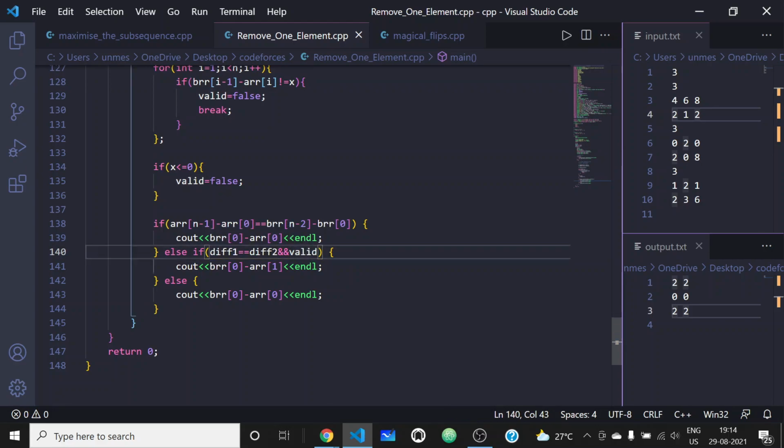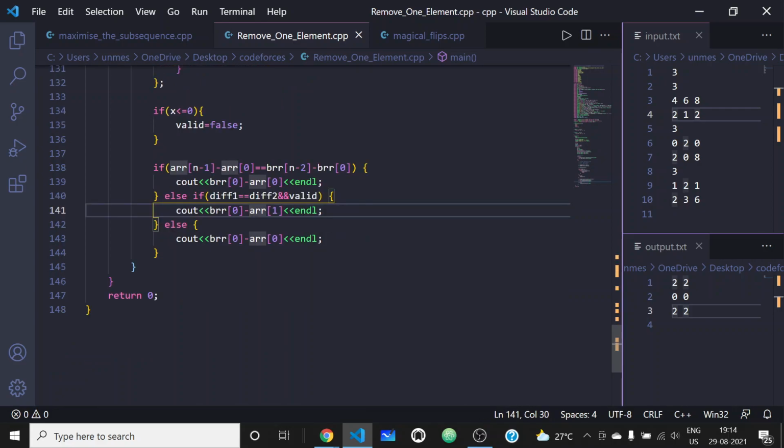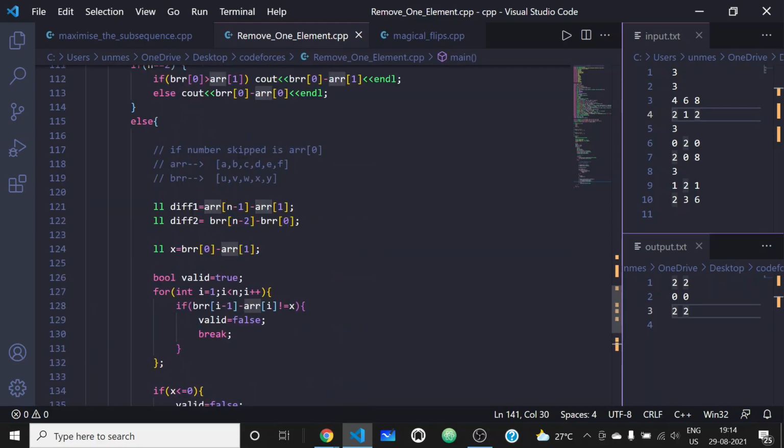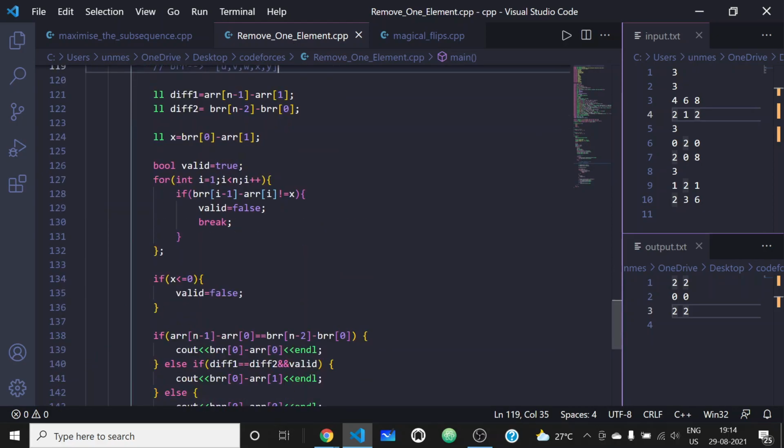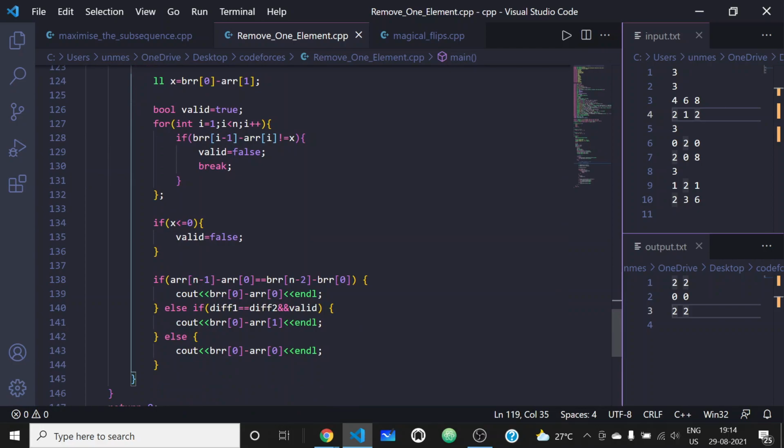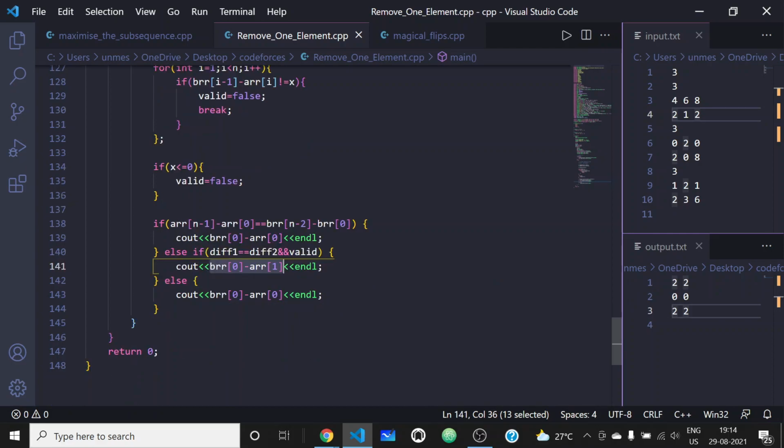So in that case, I am just taking the first element of the second array and the second element of the first array and subtracting it to give the x. So yeah, in this case, we can't say that there is only one x, but if this is true, then this x will be the answer, because even if there are multiple x's, the other x will be the smaller x.